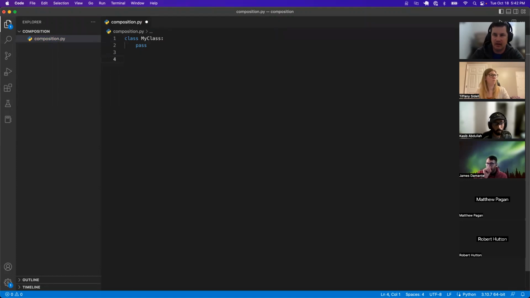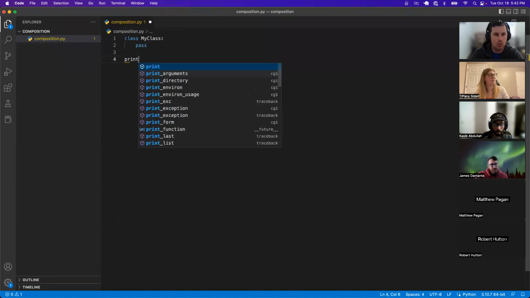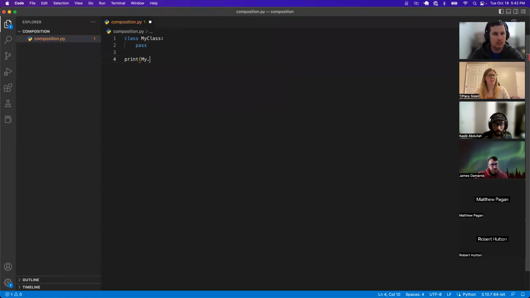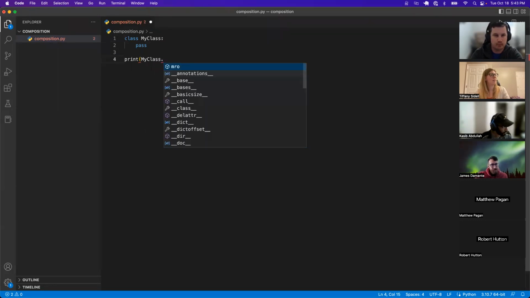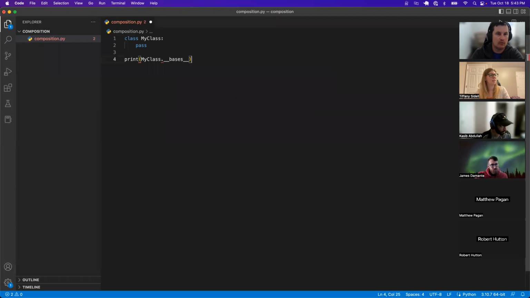Does that class inherit from anything? It does. All classes in Python inherit from a base class called object. So if I want to know what the base class is of this